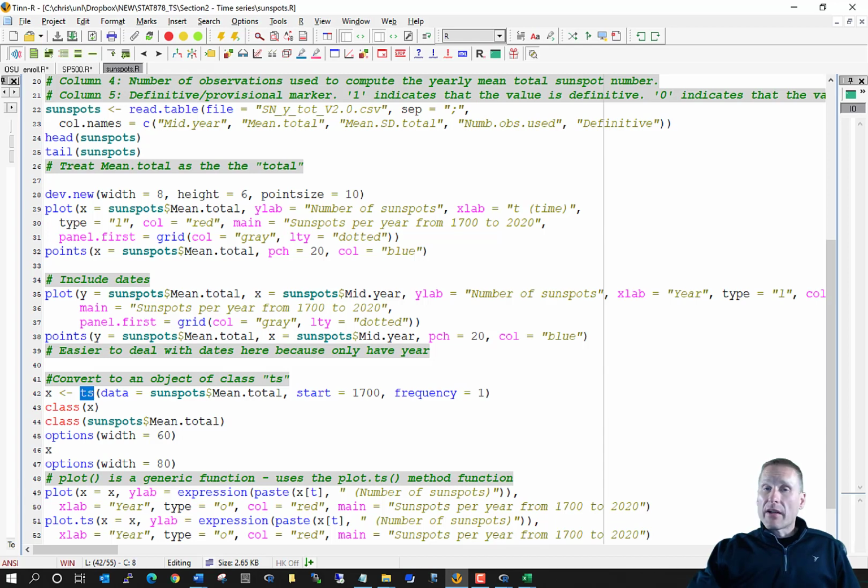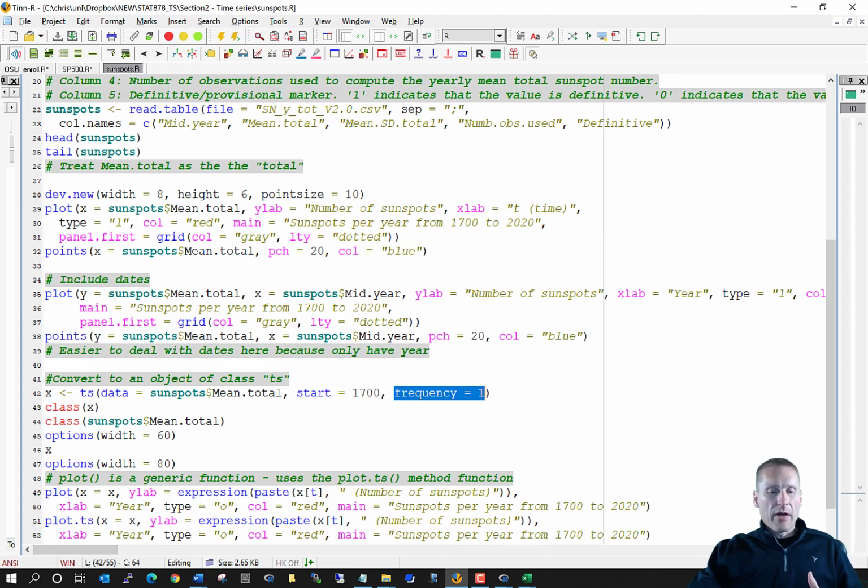So the way I can do that is with the function ts. First argument, the data. My data is in mean.total of sunspots. My data started in the year 1700, and then the frequency, how often did I observe this data per year,